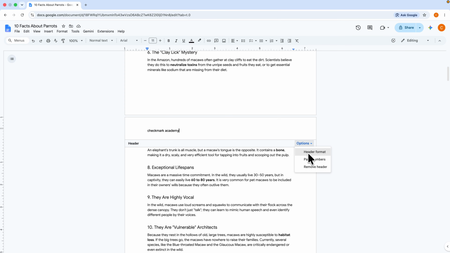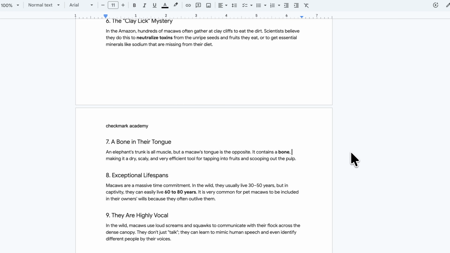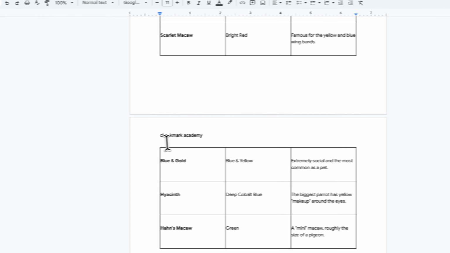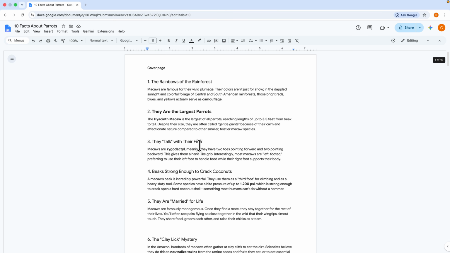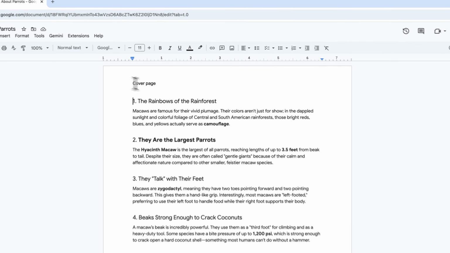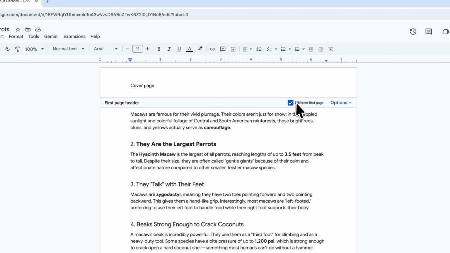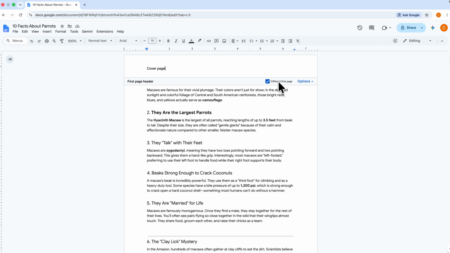You can format the header or even remove header from this options menu. And now you can see that all of the pages have my name, but the first header page has different one. So you just have to select this or check this different page. And that's how you can